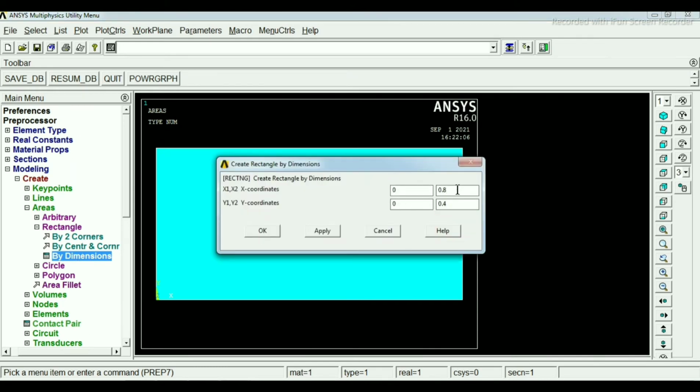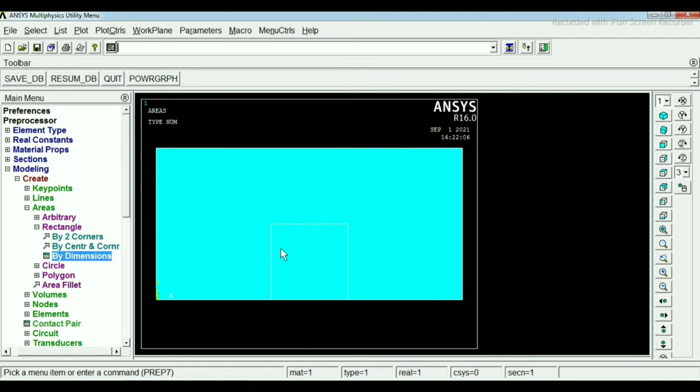So x will be 0.3 and 0.5, and y will be 0 to 0.2. And now click on OK. So our second rectangle has been added.